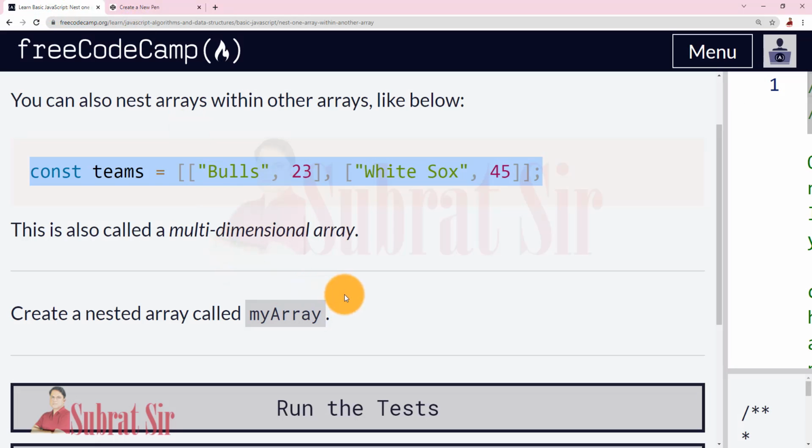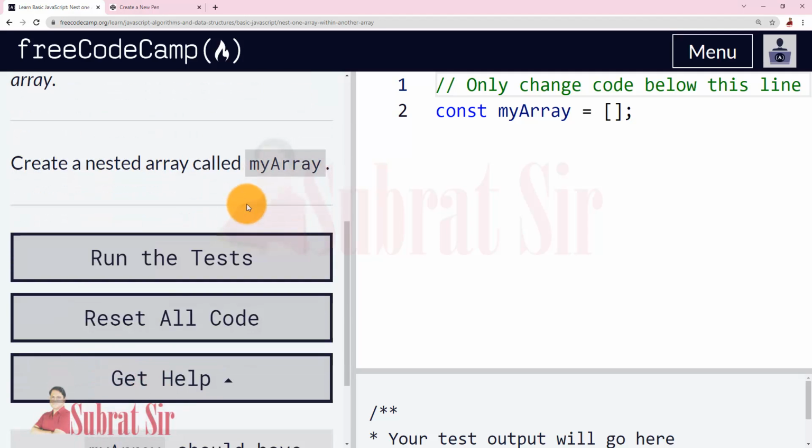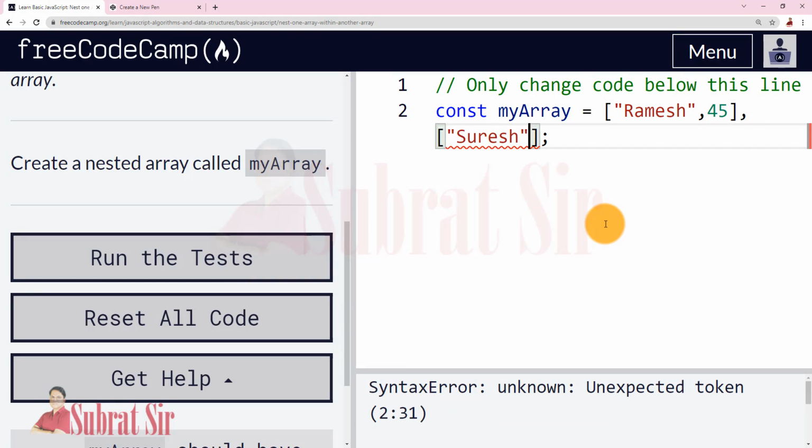Okay. Now let us do the test. Create a nested array called myArray. So we can write Ramesh 45, then comma, another array, let it be Suresh 23, and a bracket for both of these.